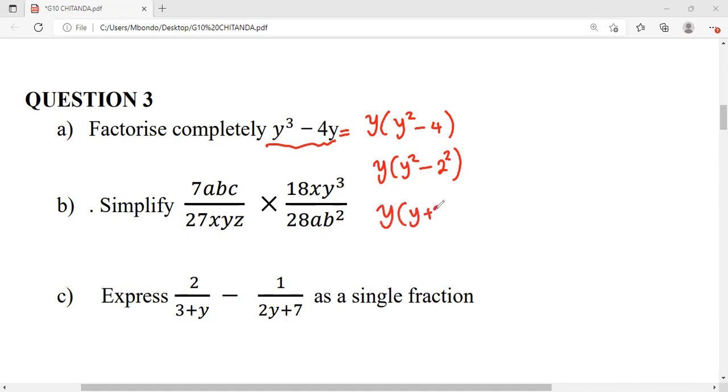You are going to have 2 factors. This will be the answer to our first question. I hope you got this one, and there's no problem here. So we can look at the